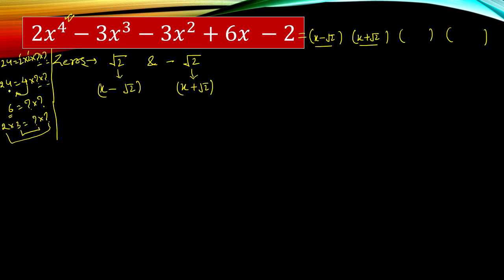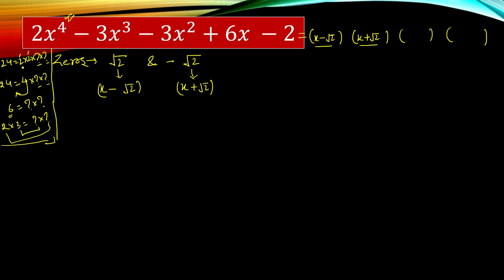Now dividing 24 by the product of the two factors, we get 6, and now we are going to factorize this 6. So we get the remaining two factors. The factorization of 6 gives us two factors, and those are the remaining two factors. So this process will help us a lot.